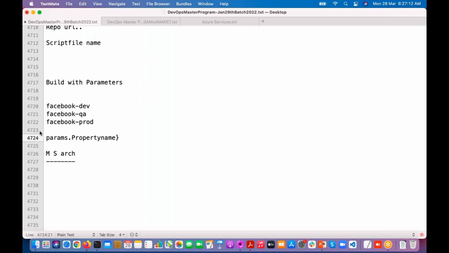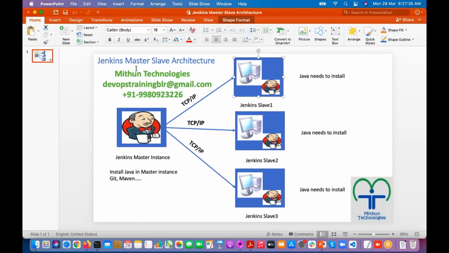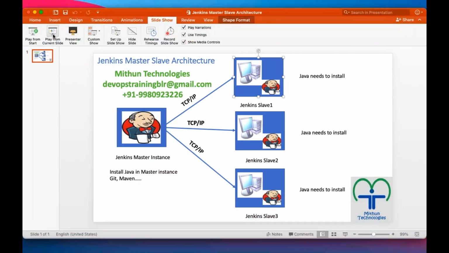Like this, we are going to get it. Clear? Does anybody have any questions about this Build with Parameters? It is a very important topic, and we are going to use it also. No questions. We'll discuss another important topic,